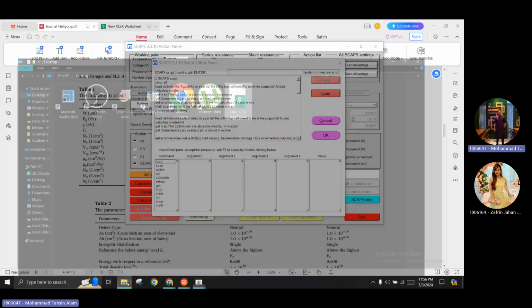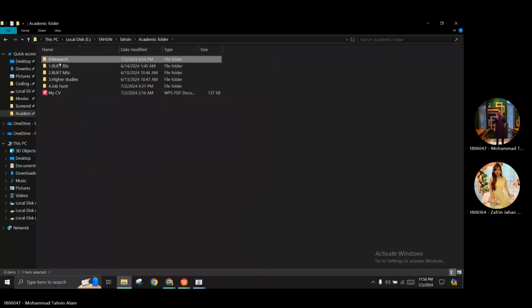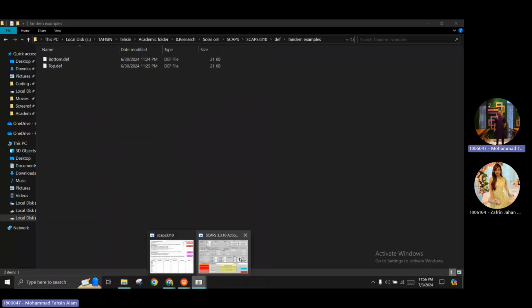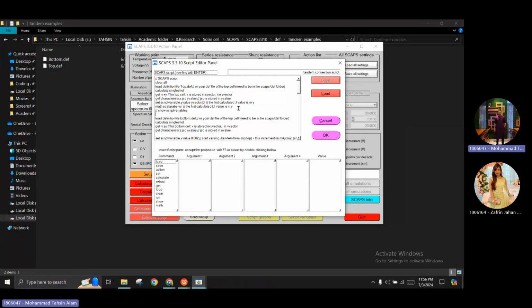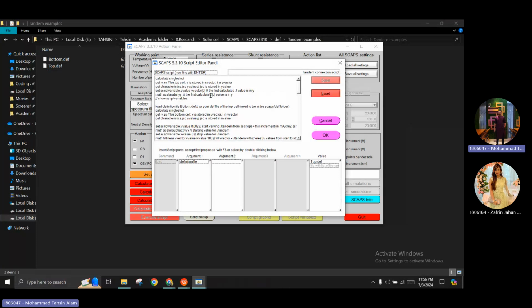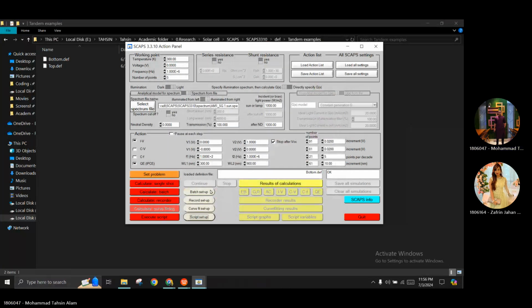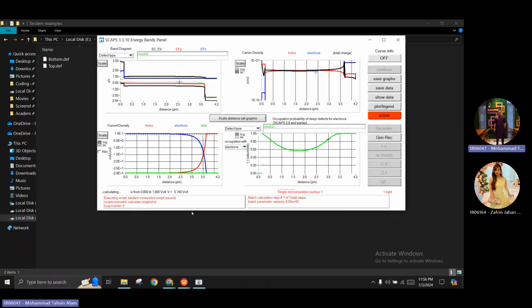So earlier I showed you the names of my tandem's top and bottom cell, top.dev and bottom.dev. So in the script file, you should keep this in mind and rename this here. If something else is written, you should write it the same way you have defined your files, top.dev, bottom.dev. So if you now click OK and click execute script,